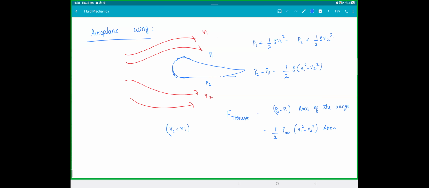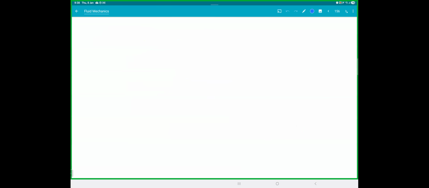The next thing. In the race car, due to which conditions does P2 become greater than P1? You have to design the car in such a way that the pressure on the top is more, because you want the car to be pushed down. So the velocity on top has to be less. The wind going over the top should flow slower, and the wind at the bottom must go faster. That means when you design the car, you make sure the upper part is a little more